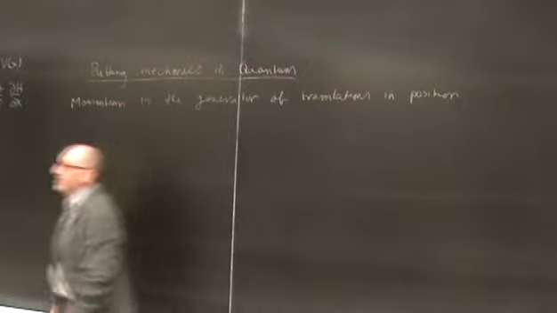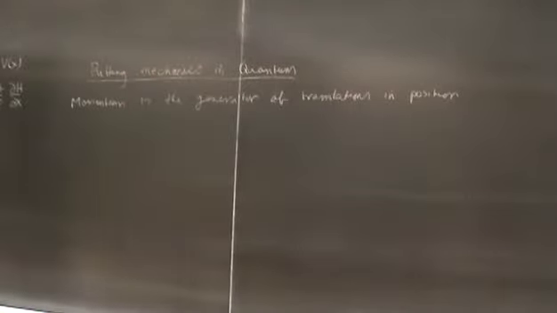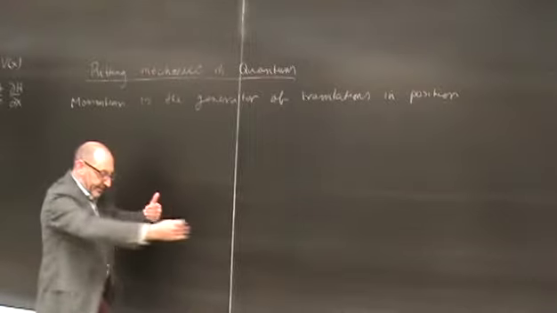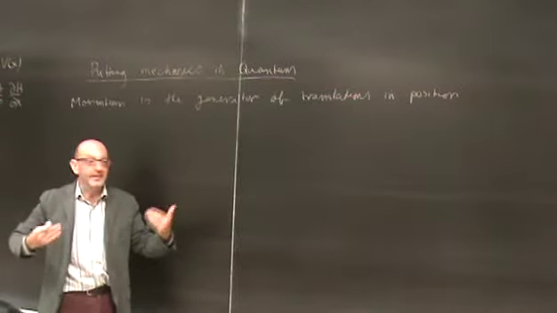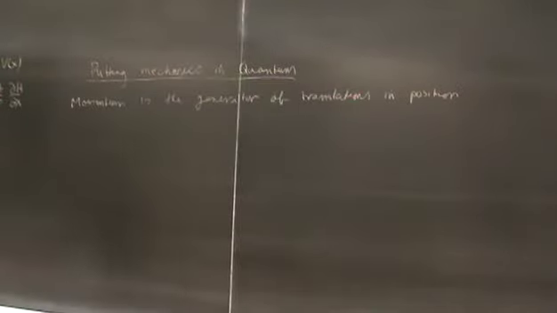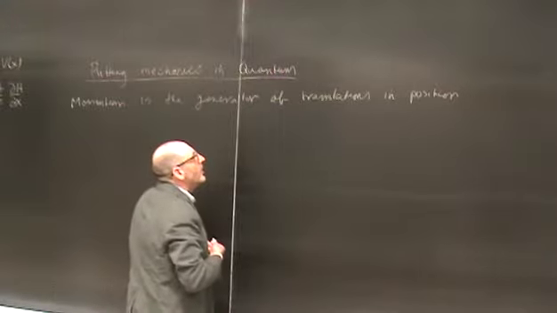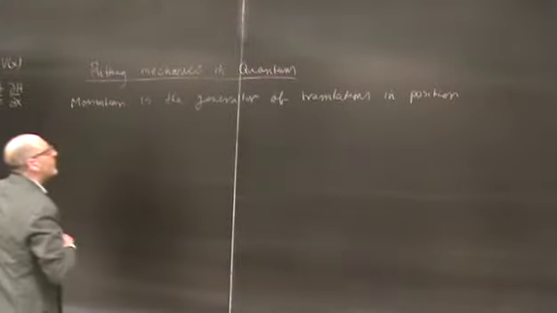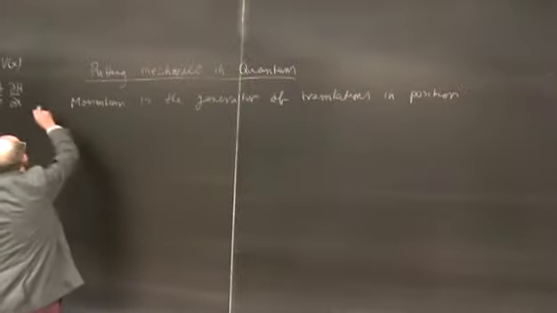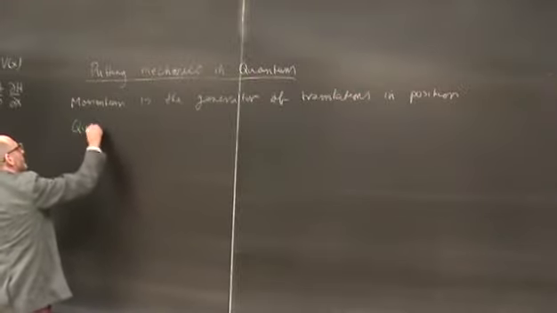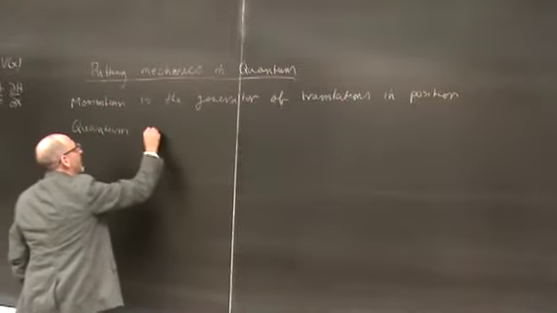That follows from Noether's theorem, which says that if we have a translationally invariant system, if there's no difference in the system as a function of position in space, then momentum is conserved. Okay? And therefore, momentum is the generator of translations in position. Okay? So now what that means is that if we're in the quantum world, now we have